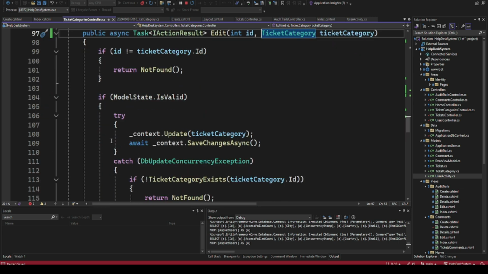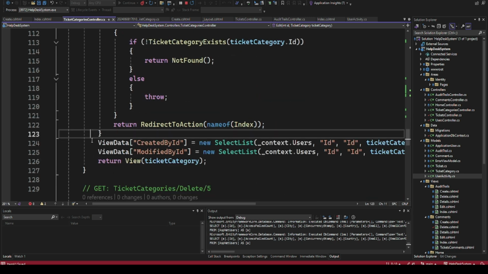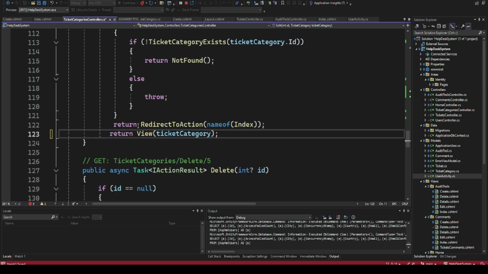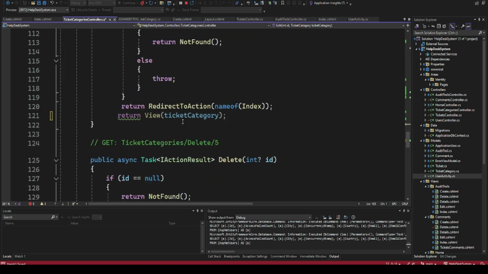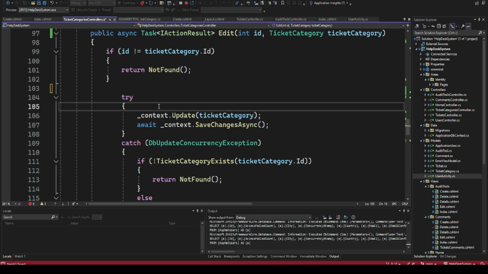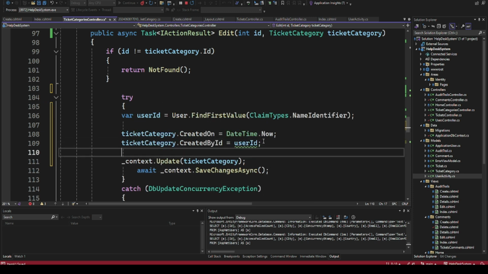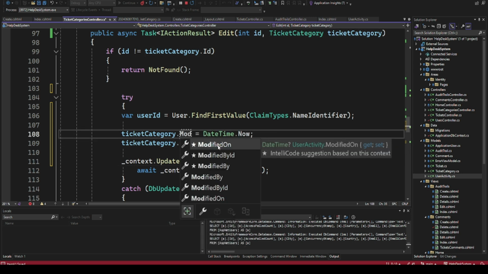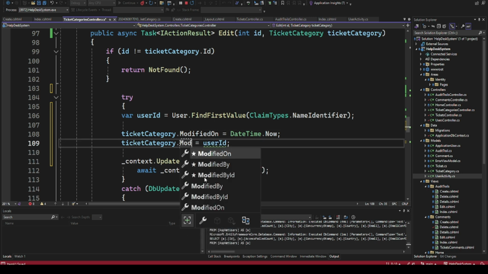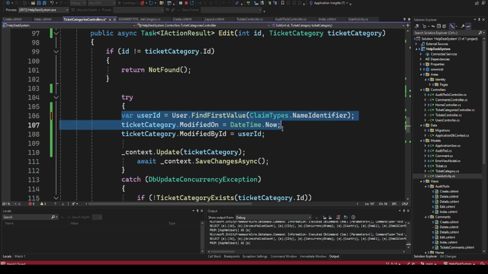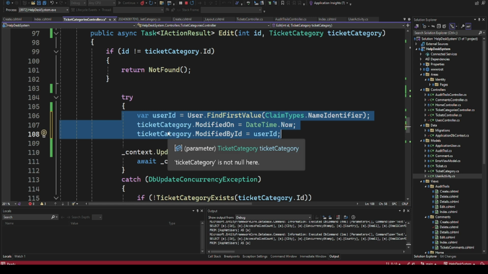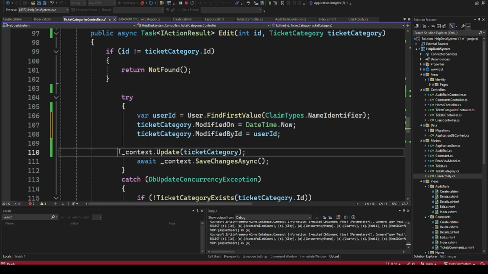Then I'm also going to remove these lines of code here because we don't want to allow the users to select the person who is logged in. So I'm also going to remove this. Then on our update here, we are going to have that information added. So here we are going to update now, not the created by, but modified on and modified by. So someone else can modify the information that you had created. So that's what we are trying to track. So we should always track the person who modified, but the first person to create that record, we can always